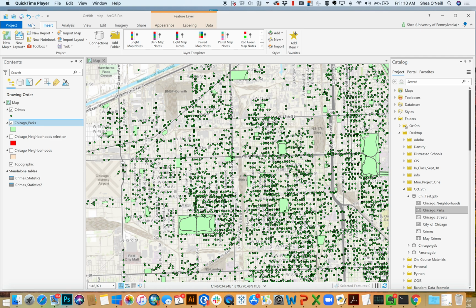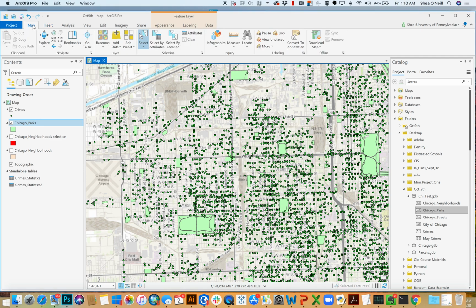And once things are selected, not only does it help us visualize what we've been seeing in each video, it also can control the analysis. So once we're selected, that would be the only thing that would calculate a statistic. It'd be the only thing that would summarize, the only thing that would calculate a field, so on and so forth. So we did it manually in the first video, we did information in the second, and the third here